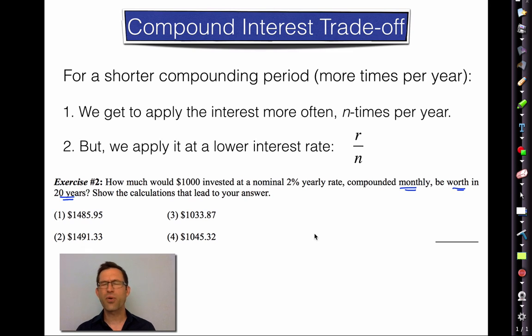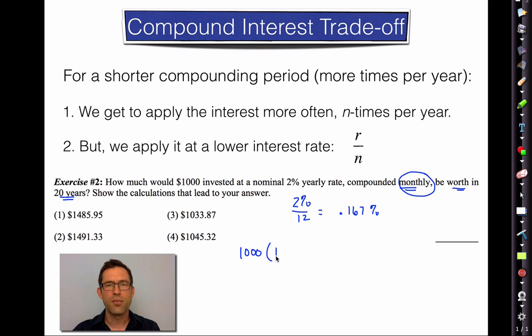Okay. Now in the last problem, we had 4%, we divided by 4, we get 1%. Here, we're talking about compounding monthly, so I have to take that 2% and divide it by 12. But that's kind of ugly. If I do 2 divided by 12 on my calculator, I get 0.167%. Oh, that's kind of ugly. So here's what most people do. They're going to take that $1,000, and they're going to multiply it by 1 plus 0.02 divided by 12. And they're never actually going to work out what this is. Granted, it's 1.00167, but they're not going to even think about it. This is what we get to multiply by